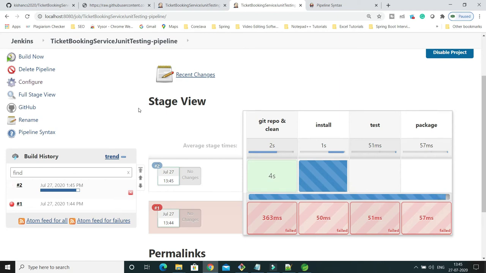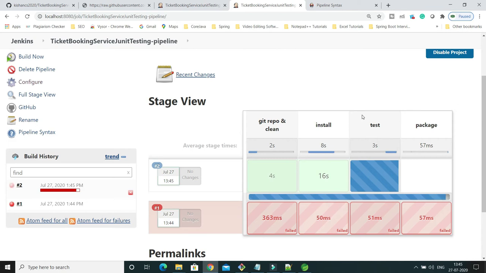So now first, git repo and clean, passed in 4 seconds. Now installation has started. Now the install succeeded. Now the test execution phase is executing.